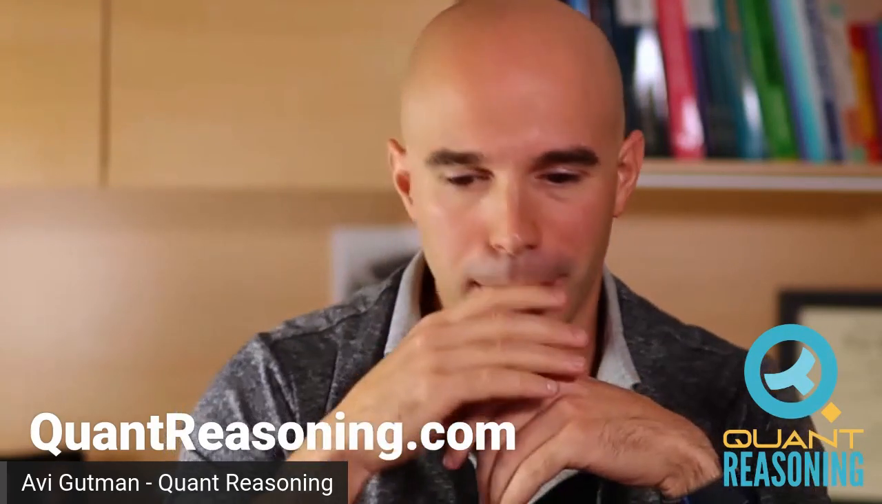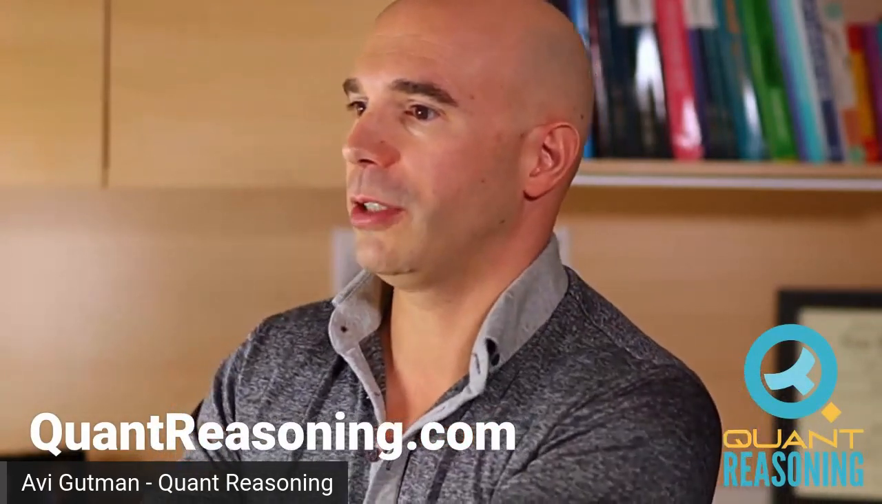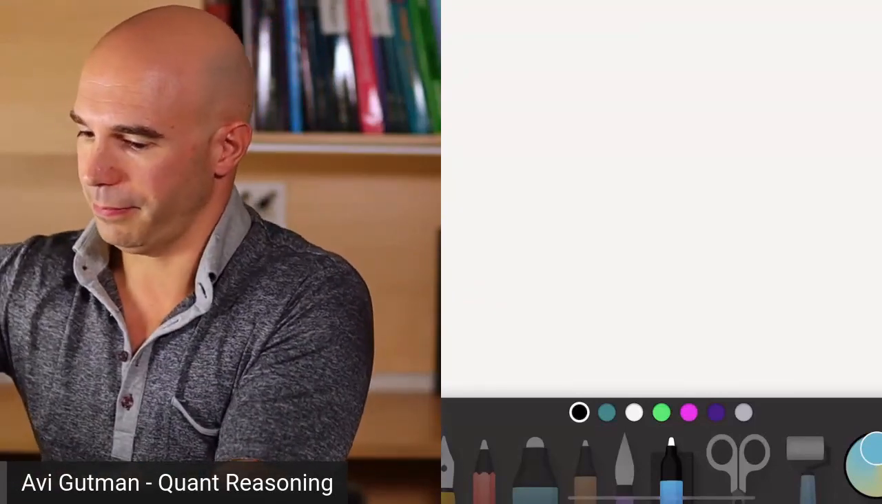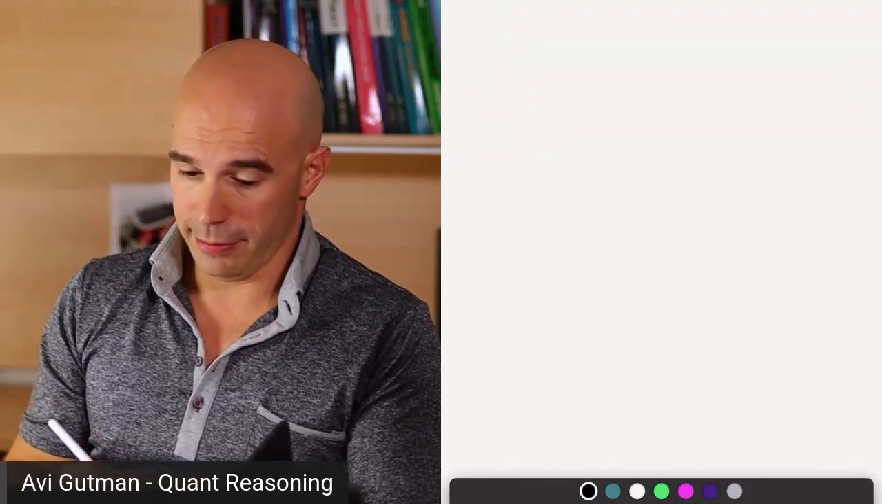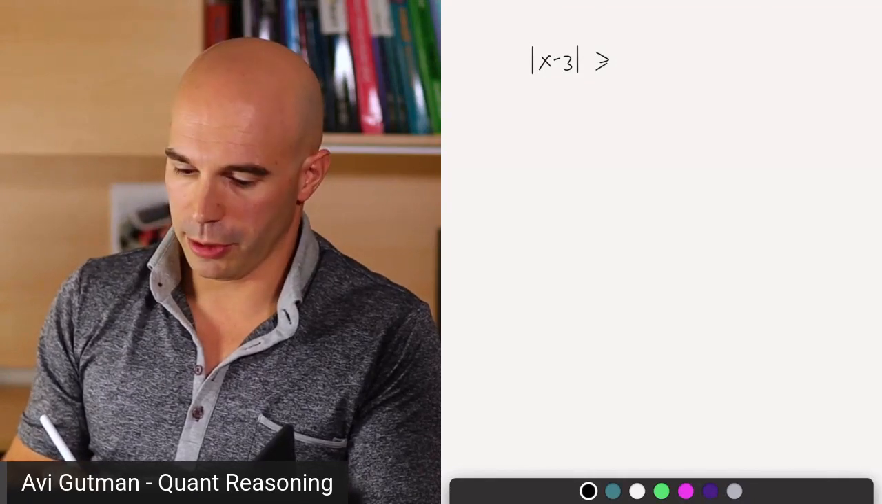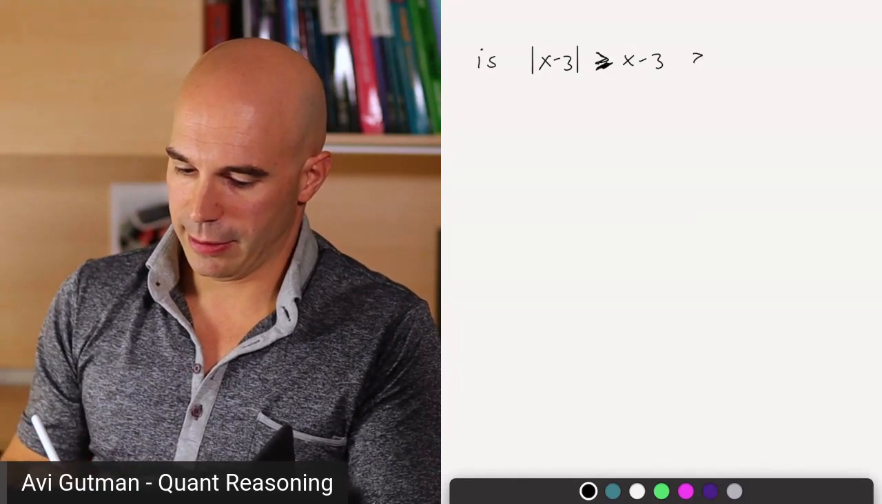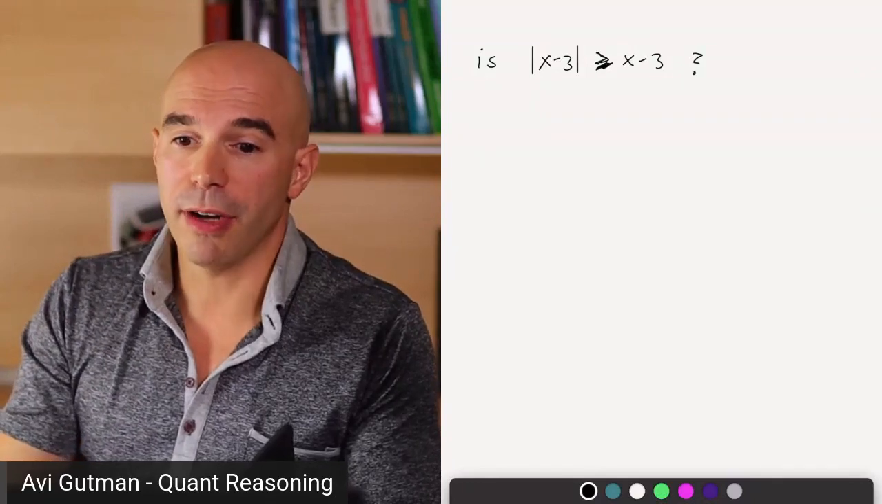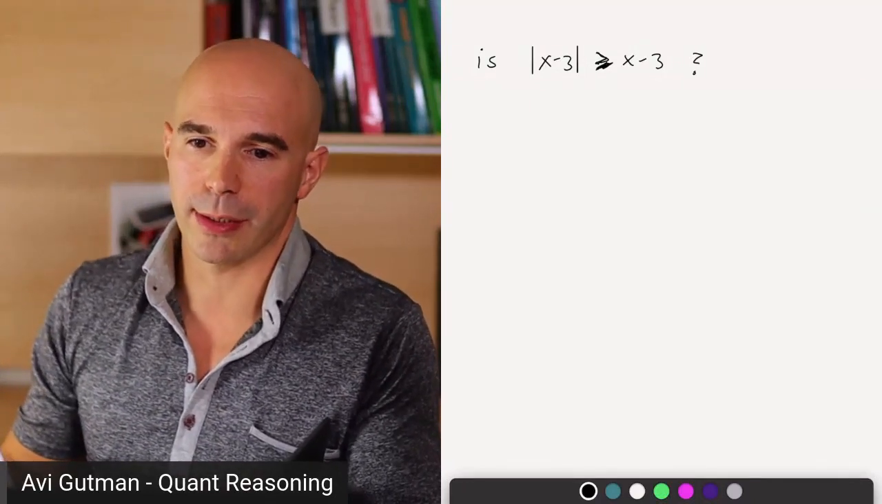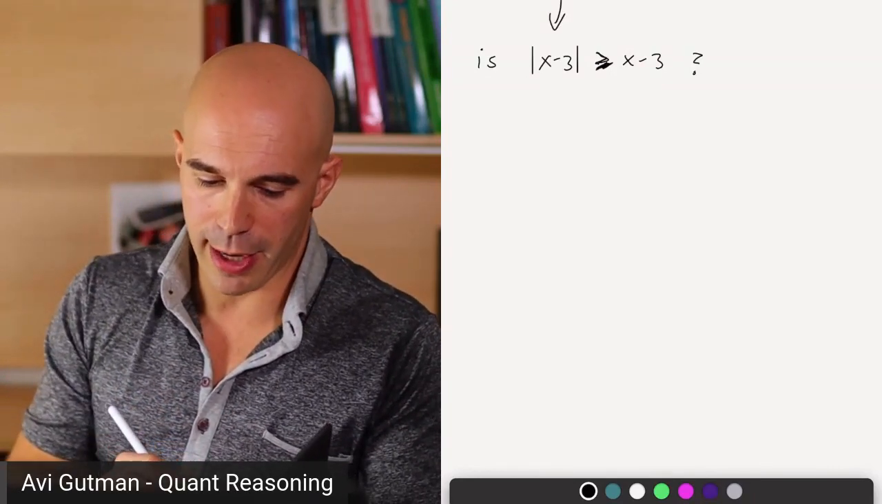So I have a question here about how I would use number line reasoning to solve a question that involves absolute value. So let me pull up a whiteboard here and show you. So we have the absolute value of x minus 3. Is that greater or equal to x minus 3 without an absolute value? So is this true? Is the absolute value of x minus 3 greater or equal to x minus 3? So the first thing we have to understand is that the left side here, the absolute value of x minus 3, that means